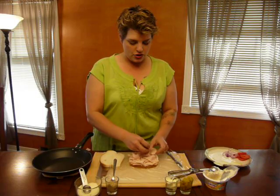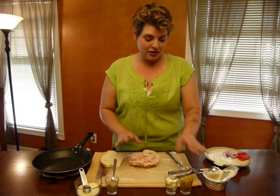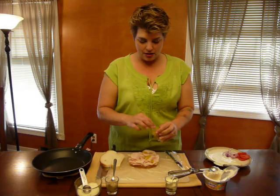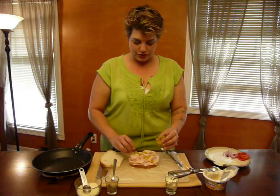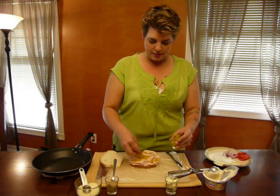Okay, so now, the other key to this sandwich is just making sure that we get everything layered, because we don't want it all slipping around when we bite into it, okay? So now what I need to put on here are some banana peppers. The vinegar in these is going to set off in your mouth. We're putting them right in the middle of the sandwich between the meat that's nice and fluffy, and that way it has little pockets that it gets to sink into. Okay, that way the sandwich doesn't move around on you. So we've got some banana peppers,